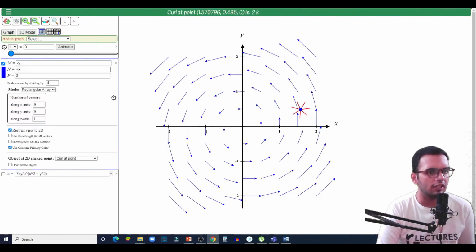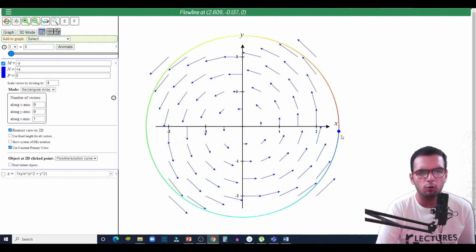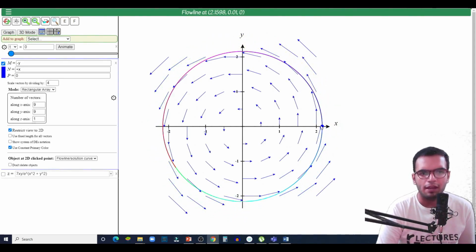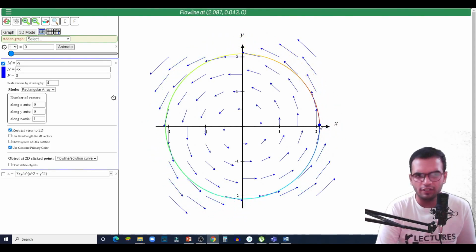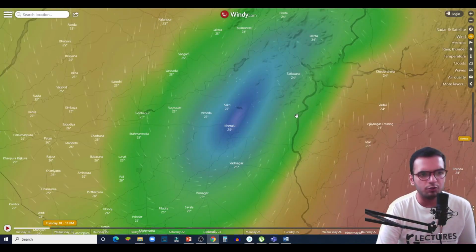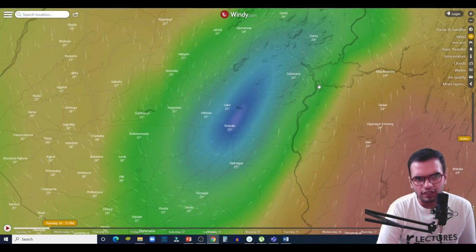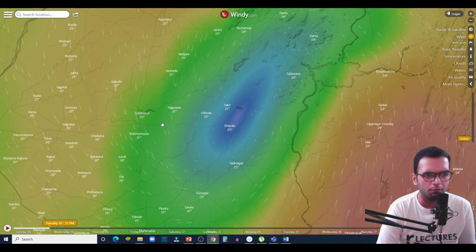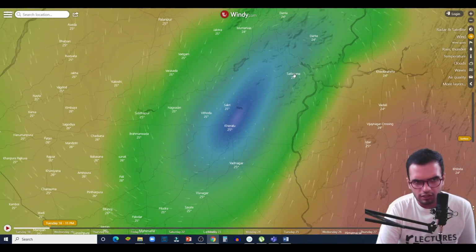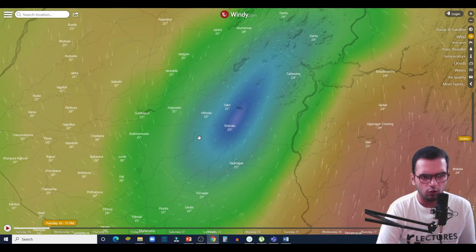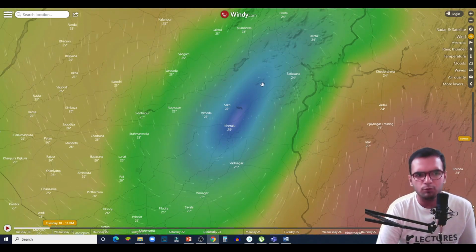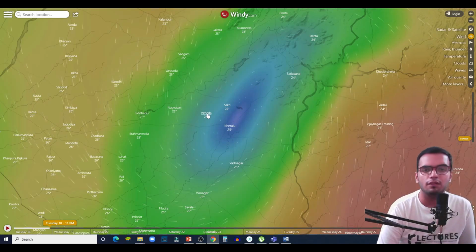Now let's see the flow lines. You can see that in this cyclone, the flow is circular only. My wind is not going outside the vector field. Now clearly you can see here also, there is a green region. Can you see the green region from where I am scrolling the mouse? Besides this green region, there is a small blue region. Then again there is a dark blue region. So what is this? This is basically flow line.